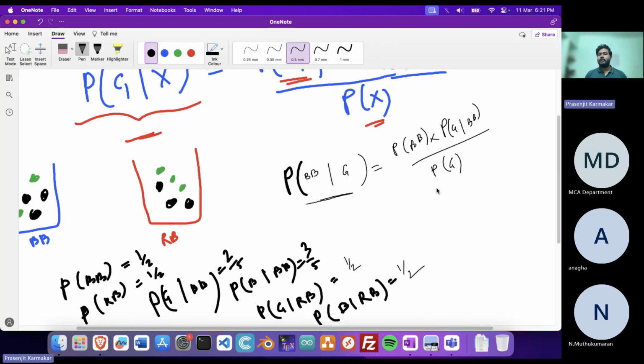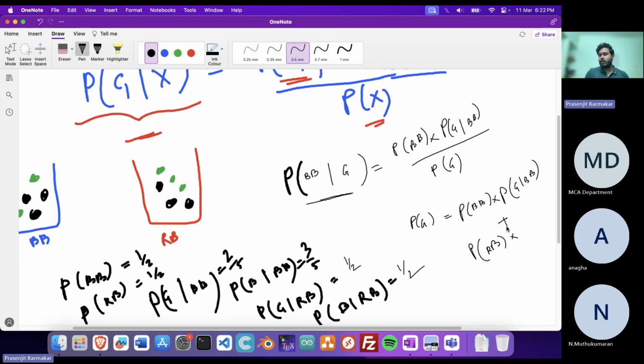Now for P of G, what is the total probability of picking up a green ball? You can compute it like this: P of G is equal to picking up a green ball from the blue basket plus picking up a green ball from the red basket. So first we have to pick up the blue basket, times also pick up the green ball from it, plus pick up the red basket, then